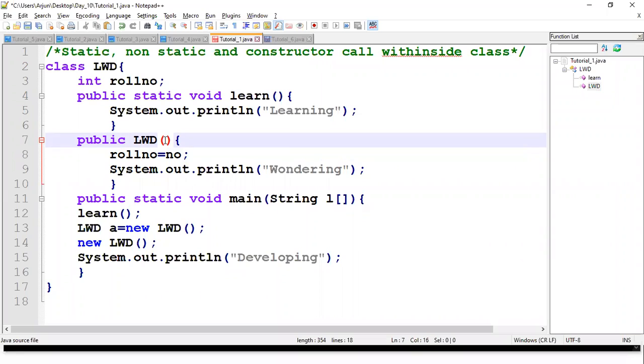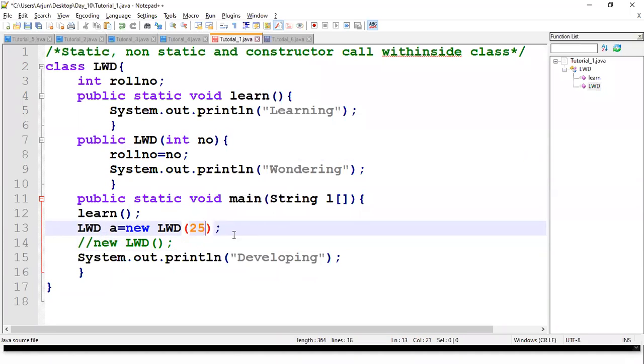If it is a constructor call, I can directly send the number, int number. So here I'm passing inside a constructor call number as 25. So this constructor is going to be invoked directly, and this 25 is going to be assigned to roll number.